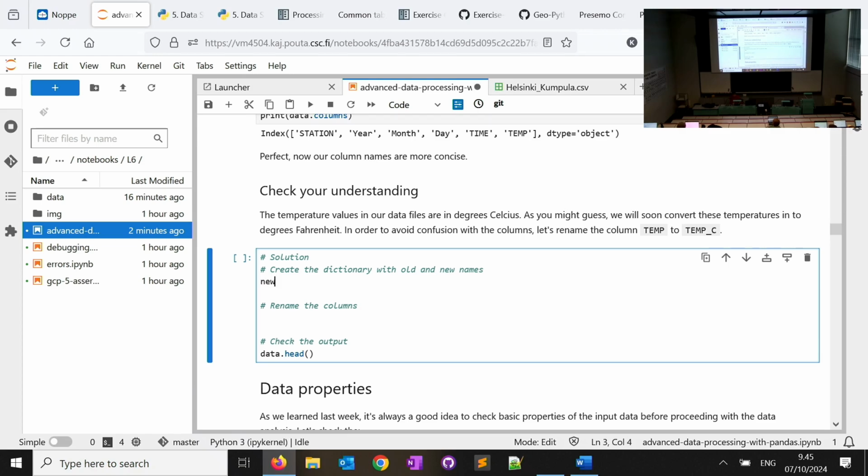So I'm going to again use the same name for my dictionary. I will call it new_names. And then we will provide the old and new name. So the old name was temperature, and the new name for it is temp_C.